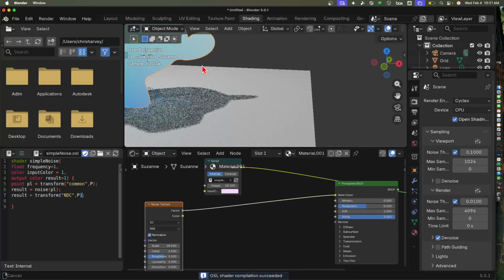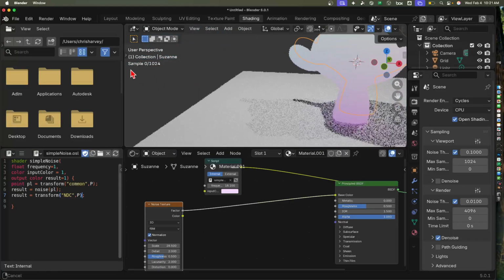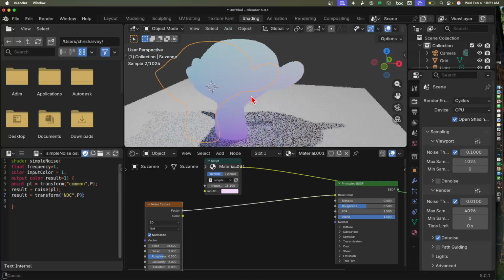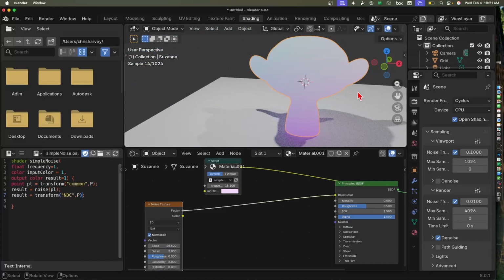And so up here, it's the top, down here's the bottom. And so if you wanted to map a texture relative to that, then you could use NDC space. So like if you wanted to project a texture onto the surface from the screen, you'd use NDC. There's other spaces. Look at the documentation. Or if you want to do your noise in NDC space,